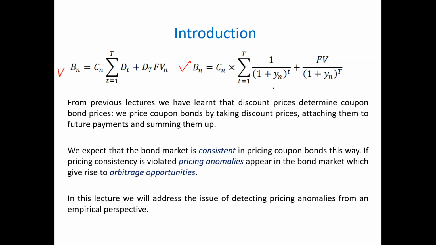If you look at the second approach, you see that the major element in this formula is the yield to maturity. So we can say that this approach is built on the yield to maturity. If you know the yield to maturity, then you can easily calculate the coupon bond's price, because the rest of the inputs is given. Coupon is given, face value is given, time to maturity is given. So yield to maturity is our, let's call it basic,